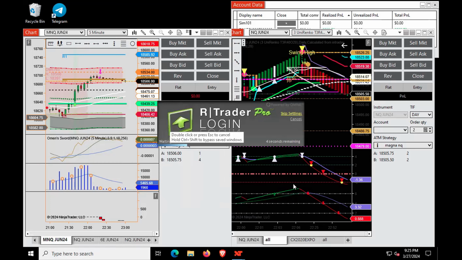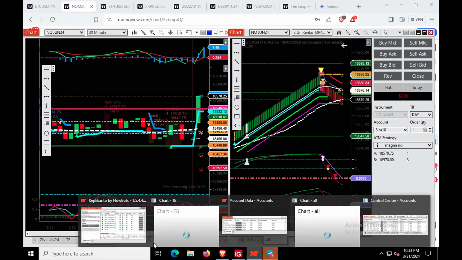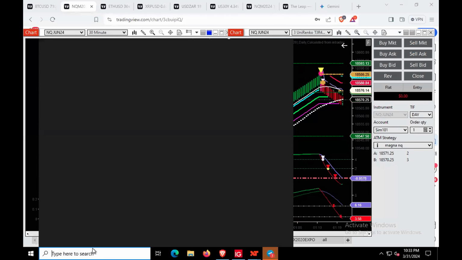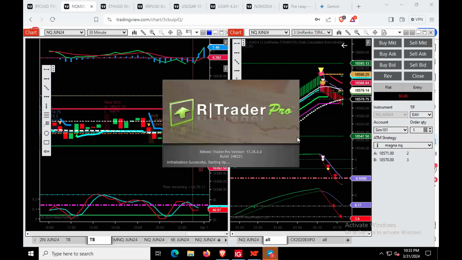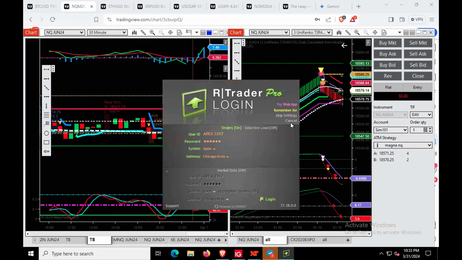So Rithmic is loading. Maybe it won't load, because the market is closed. But basically, the moment we turn Rithmic on, you need to log in using all your data from the Apex website, okay?